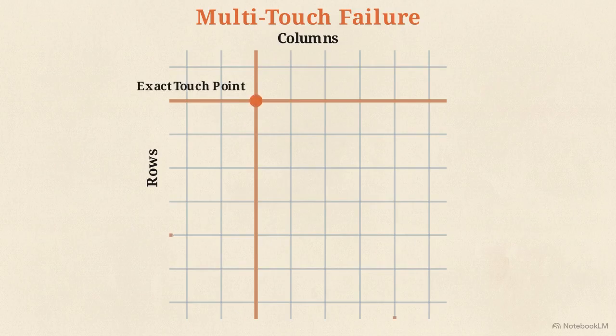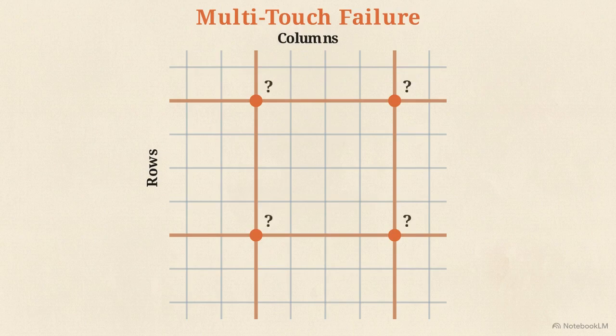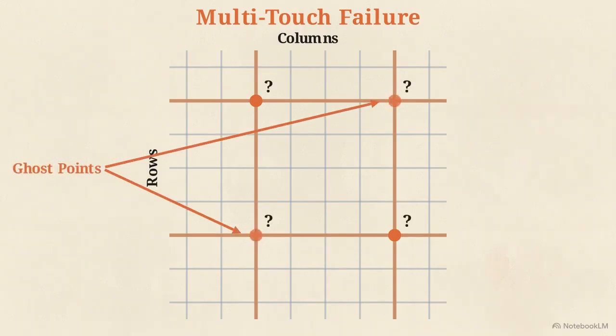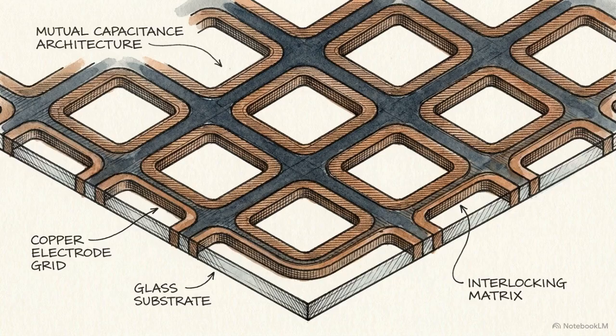But if you pinch to zoom, adding a second finger, you activate a second row and a second column. By activating 2 rows and 2 columns, there are now 4 separate intersections highlighted in the grid data. The controller has no way to mathematically deduce which 2 coordinate pairs are the actual fingers and which 2 are the phantom ghost points. To solve the ghosting anomaly and enable true multi-touch, the industry shifted to a different architecture,